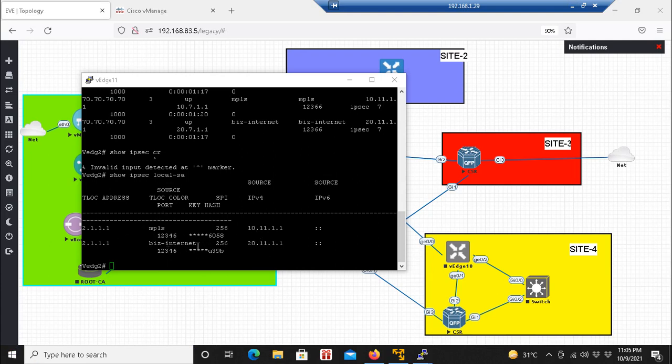One is this one and another one is this one, right? So for each transport, for MPLS as well as for BIS internet, it has two keys.